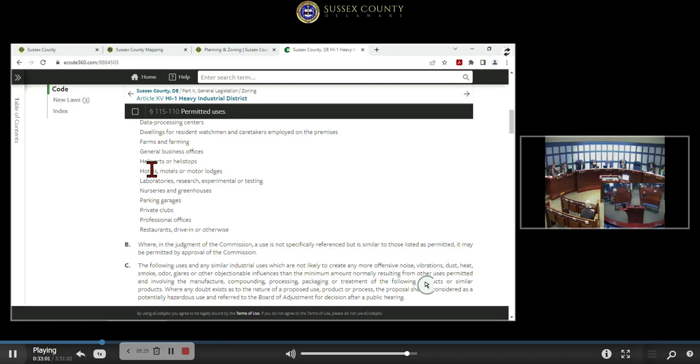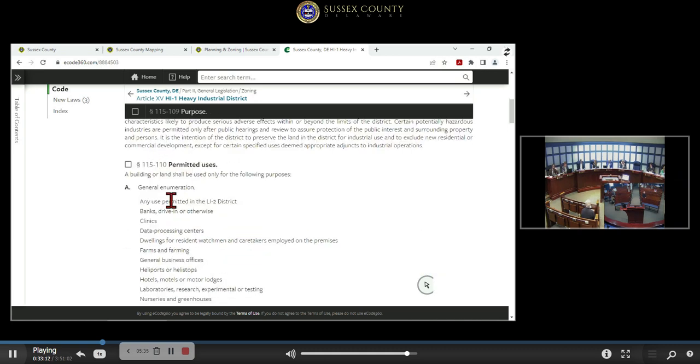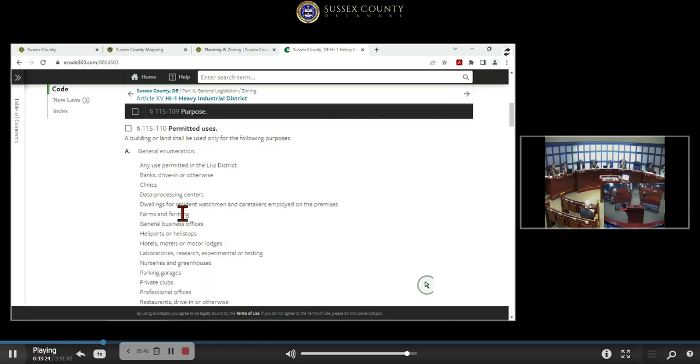It would have been helpful for our attention to be specifically drawn to a specific use. I understand if that is the sole factual question, Mr. Chairman, I understand that their representative is present, because otherwise we'd have to go through line by line and scan down the list to see if any of the permitted uses fit, and then we have to move back into the HI1 zoning district and go down that list of permitted uses. But you can weed some out, because it talks about in HI1, I didn't go back to LI1 or LI2, but it talks about